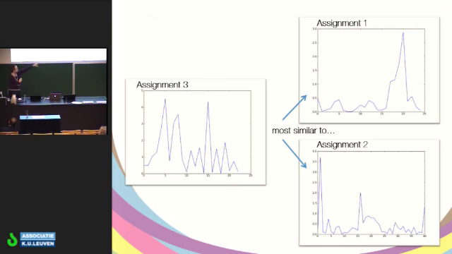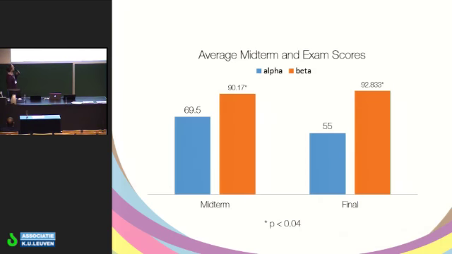They didn't go through the assignment 2 stage. If assignment 2 is similar to assignment 3, it means that they are progressing in a more linear fashion. And then when we look at their test scores, the group that got stuck in the waveform of assignment 1 performed significantly lower than the group that actually